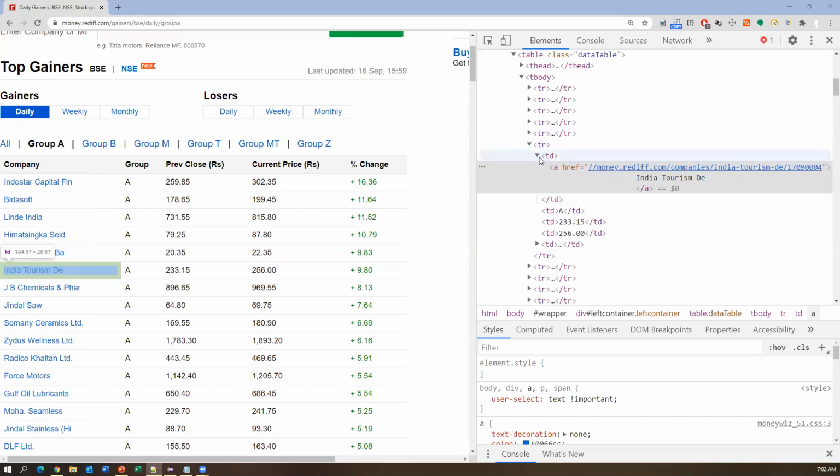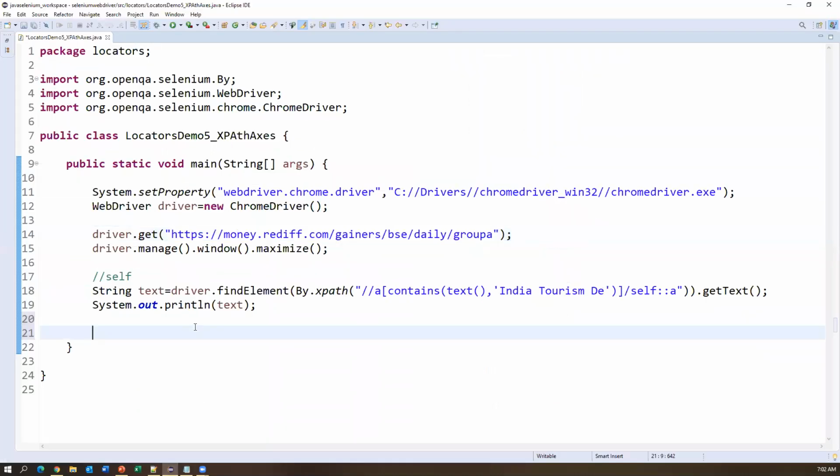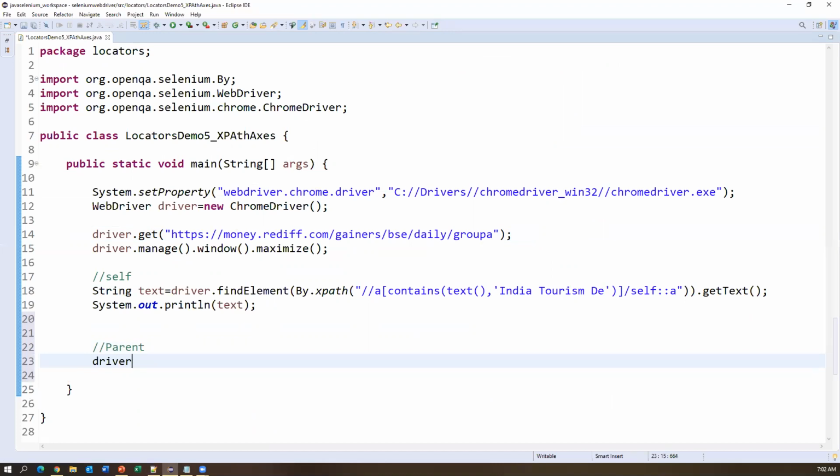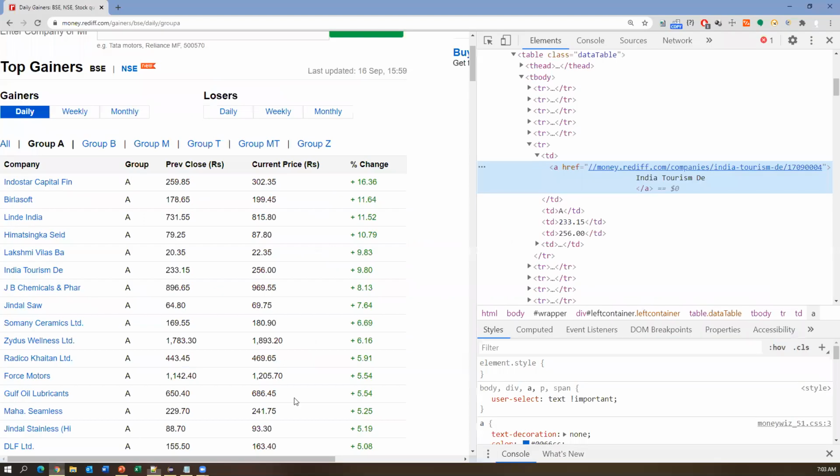So now I want to access this TD. How to access this TD? This is the parent node. For that, we can write like this. I say driver.find element by.xpath, and first we need to specify the XPath of the element.